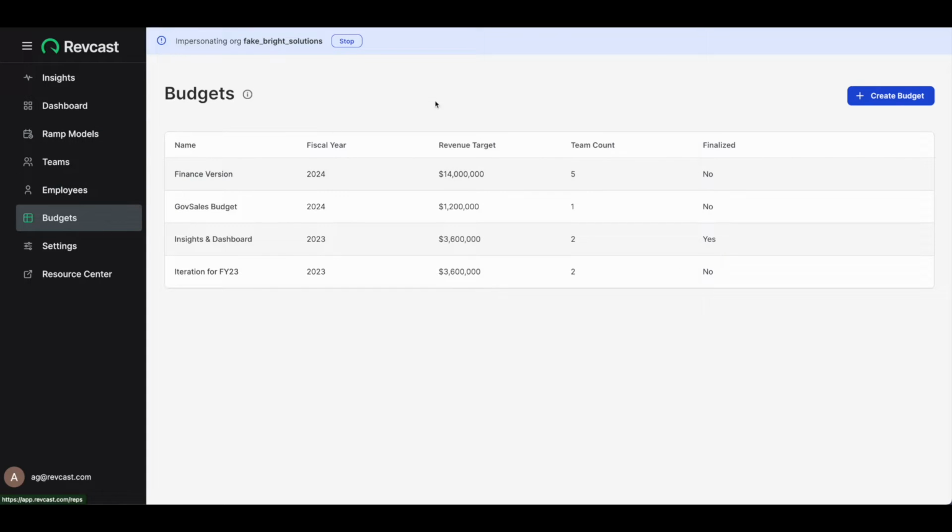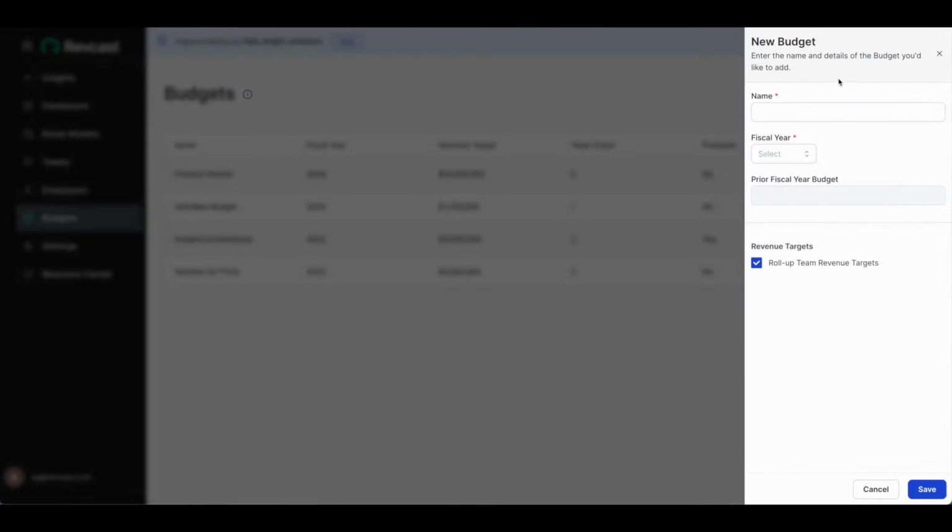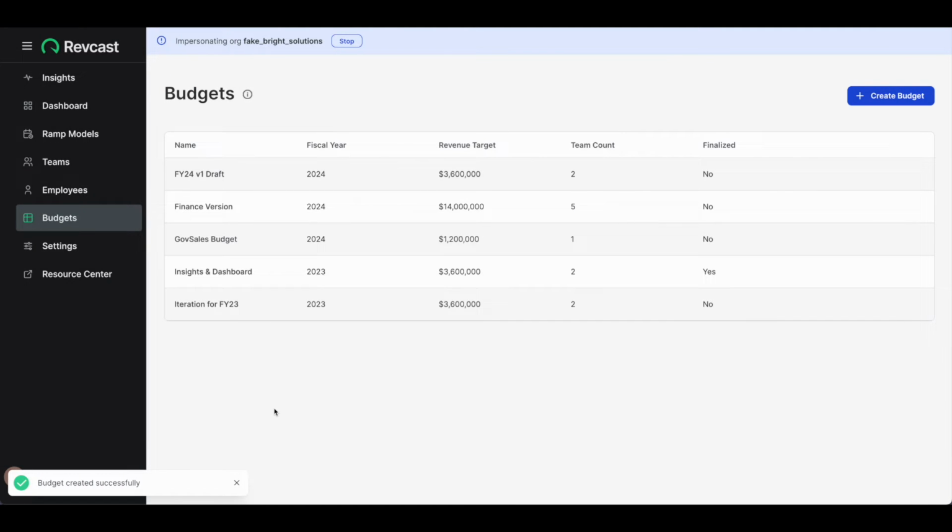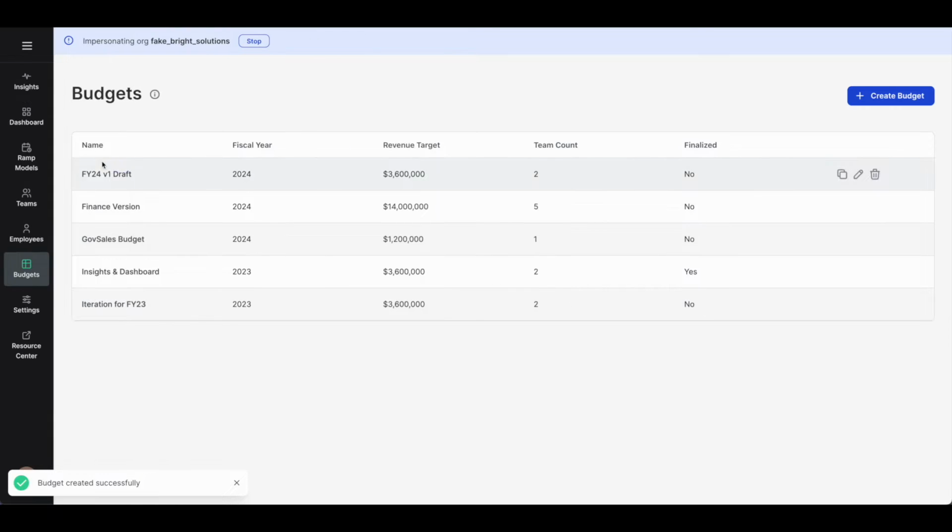And the first thing we're going to do to get started is to create a new budget. We'll give it a name, we'll select the fiscal year for the budget, and we'll also choose a prior fiscal year budget, which will give us a nice starting point. It will have us not starting from scratch. It will pull in the team segments and targets from this budget and give us a nice place to get started. Now, once we have that budget, we can go ahead and click into it and start making some edits